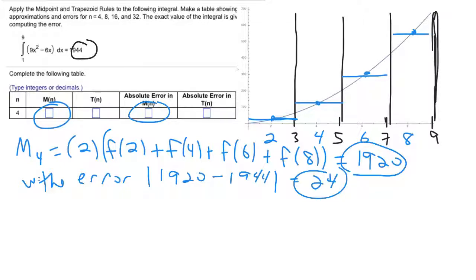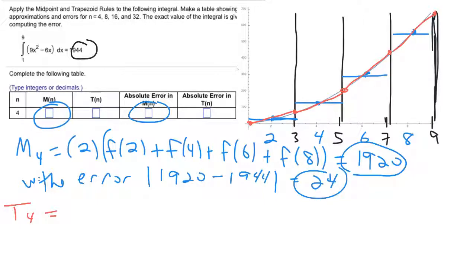The trapezoid rule will use the same 4 strips, but now my dots are at the locations of where those strips hit the axes, so on the left and right side, and I'm drawing straight lines connecting those dots. So the red dots are all connected by straight line segments, and that gives me 4 trapezoids. The region that's within the strip and under the straight line top is a trapezoid. So T4